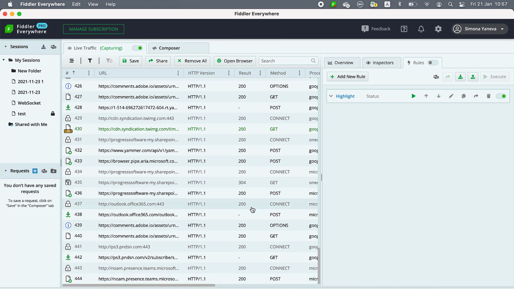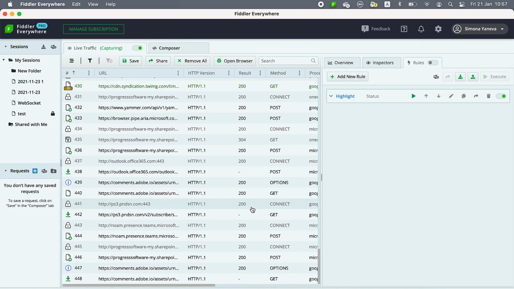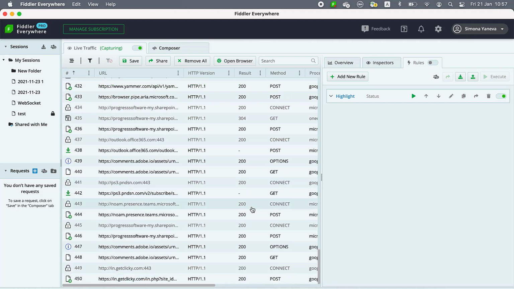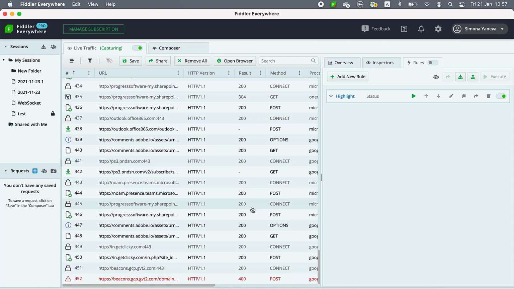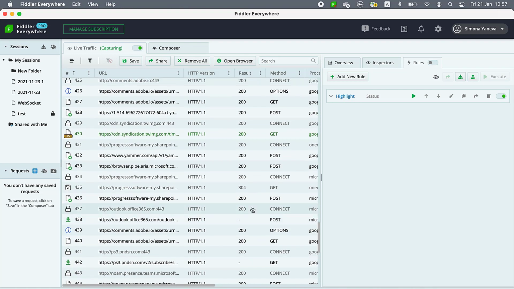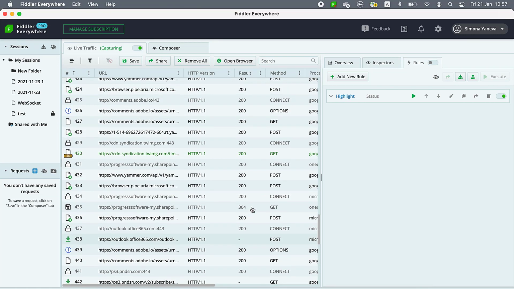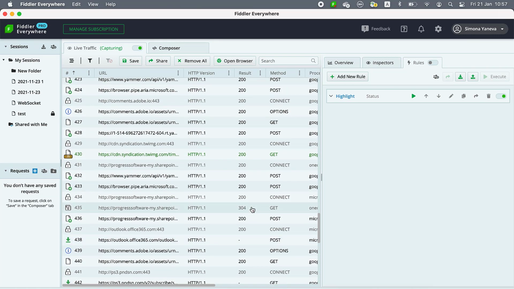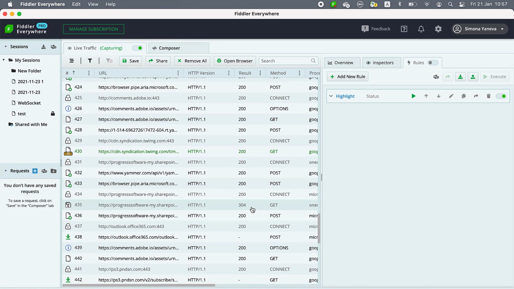Yep, thank you for that question. This is actually a requirement in order to be capturing traffic at all. And if you want to be capturing HTTPS traffic, then you need to go ahead and enable it as we did here. And it all happened with just a button from the getting started dialog. So that's great. Makes sense. And yep,